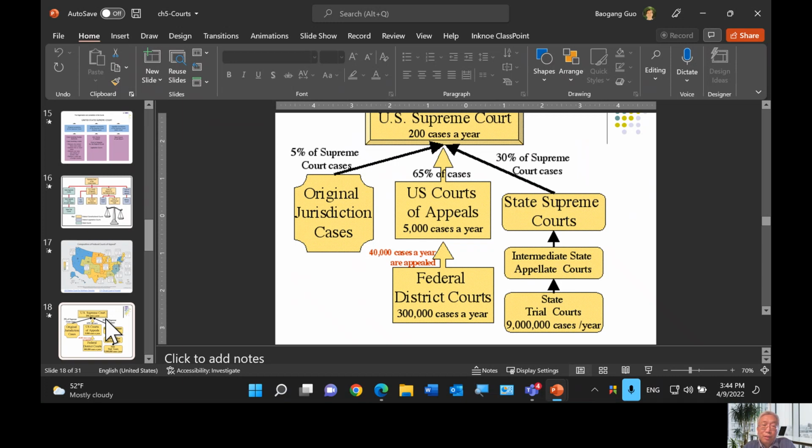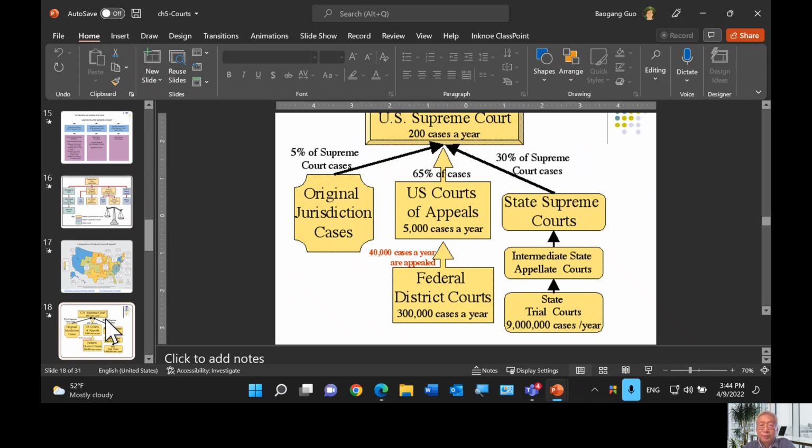Altogether, each year, the federal Supreme Court will receive something like 8,000 or even 9,000 petitions for review.